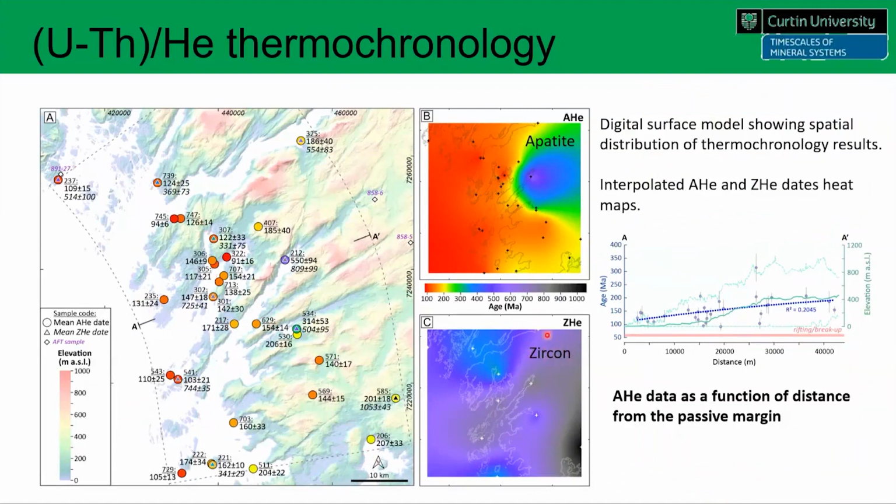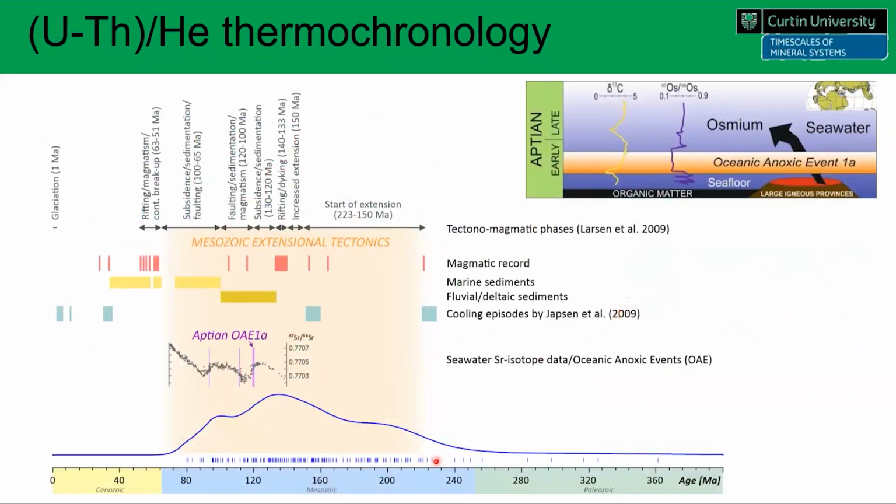Zircon is interesting because it yields very old ages, some of the oldest helium ages that have ever been recorded, and that speaks simply to the stability of this part of the craton. However, the helium shows a younging path towards the coastline. That younging path is consistent with the breakup of Greenland from Canada and the development of the Labrador Basin. Now, this is quite interesting if we look at the timing. In blue is our apatite helium ages, compared to some other geological records from the area, including the magmatic dike record, the age of fluvial sediments, and the age of fully marine sediments. What's interesting is this rifting between Greenland and Canada appears to coincide with what's known as the Aptian